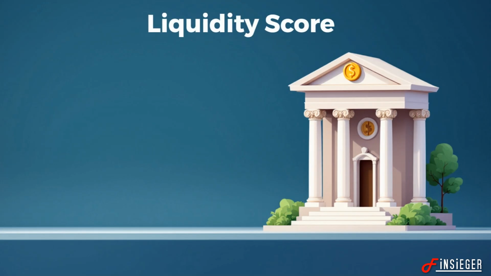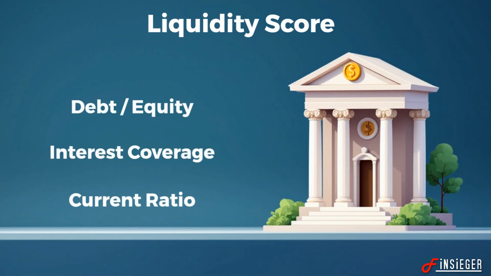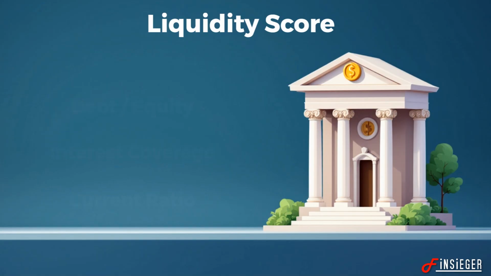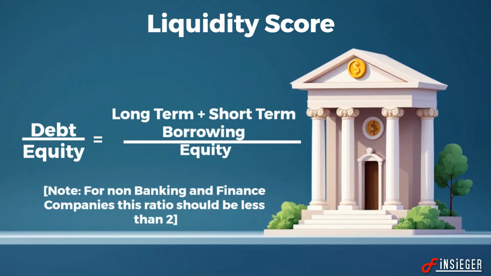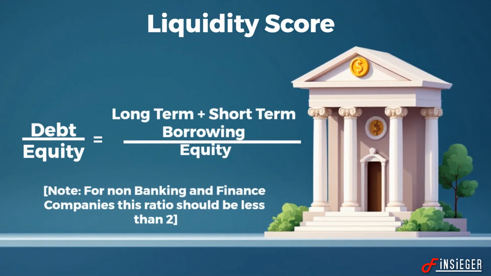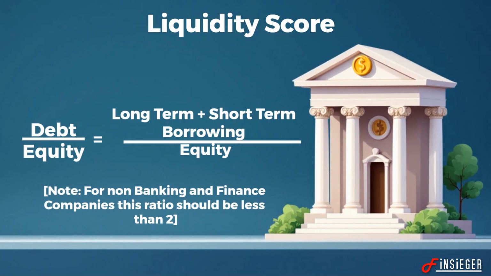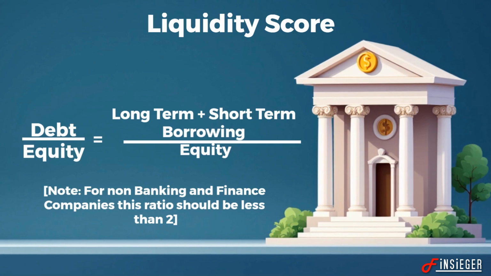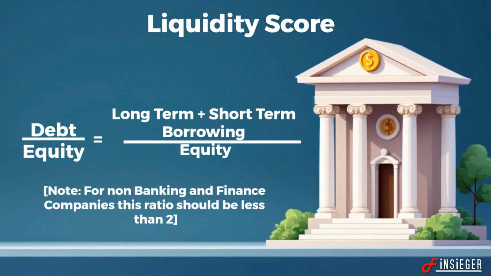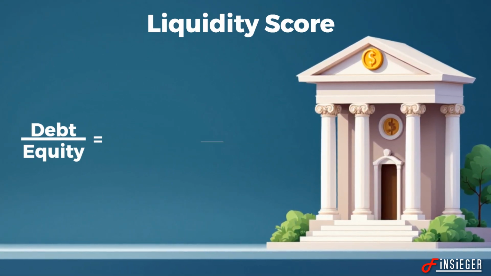Liquidity score. In this score we would be looking at three ratios. Debt to equity is long-term plus short-term borrowing divided by equity. This ratio should be as low as possible. The ratio is problematic if it's above 2. This can put pressure on profits and can create liquidity problems, which can be further analyzed using the next ratio,